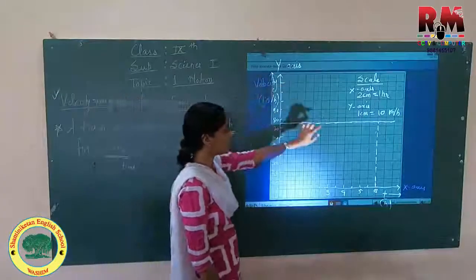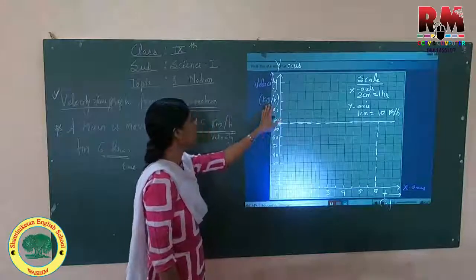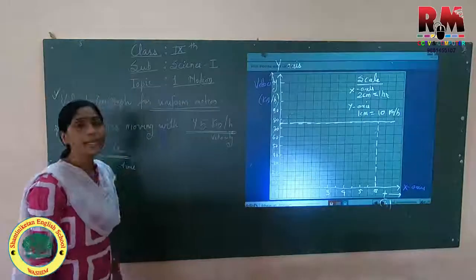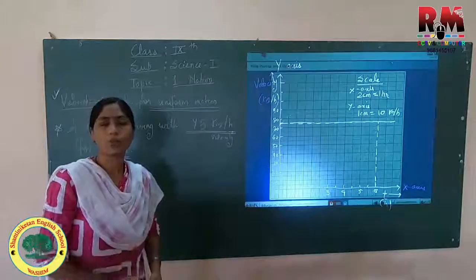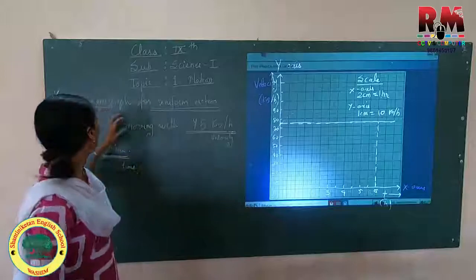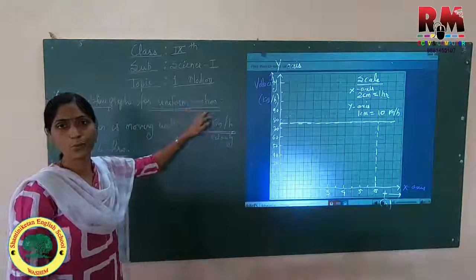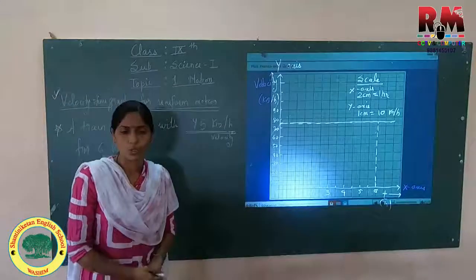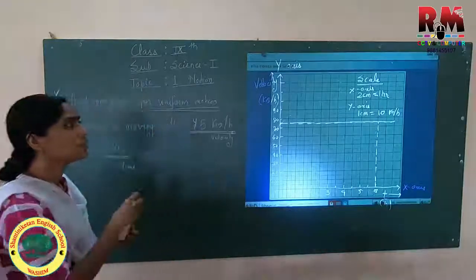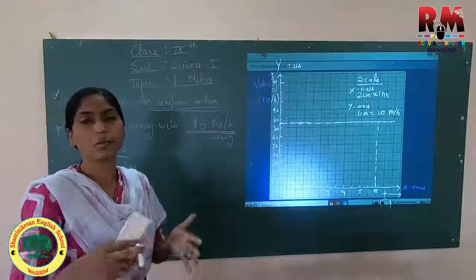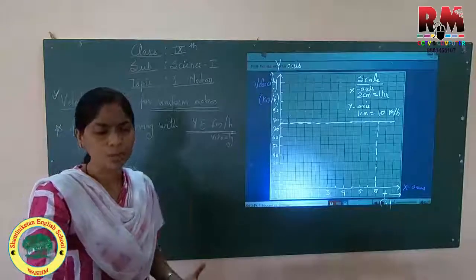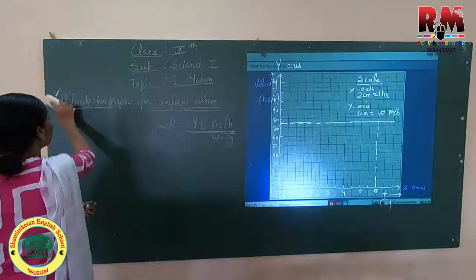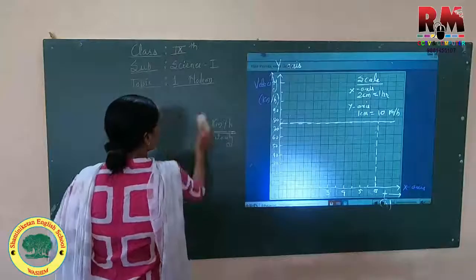Graph for velocity time given in kilometer per hour, and time is given in hours, which is explaining to you that the given motion of the train is uniform motion. So velocity time graph for uniform motion, or you can say velocity time graph for non-uniform motion. Okay children, so we have seen near about all the types of graph. There are a lot more graphs also. So this is for uniform motion. You can take for non-uniform motion also.